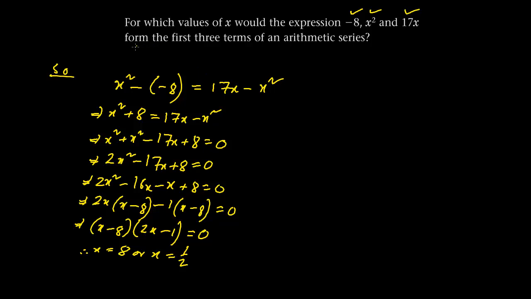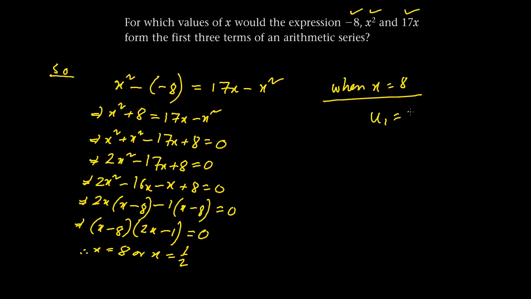Now, when we have two values of x, they would give us some information about which value of x to use. Here it's not given because all we have to do is find the values of x. But if we had to find the first three terms, they would say something like, given that the value of x is an integer, find the first three terms. So in that case, if x is an integer, suppose x equals 8,